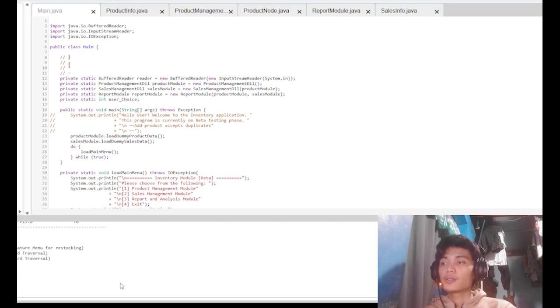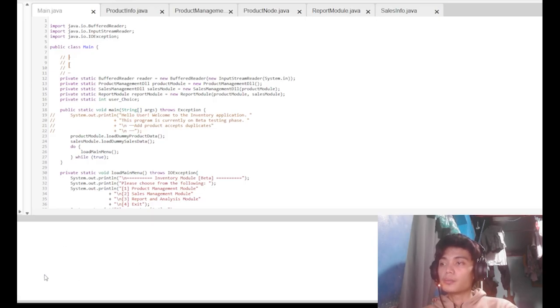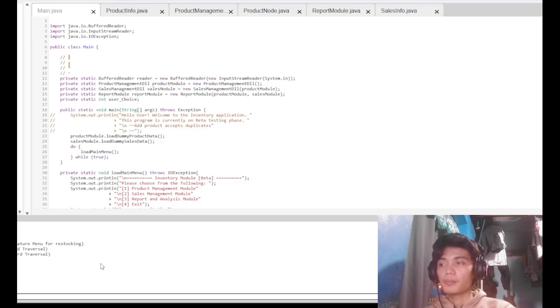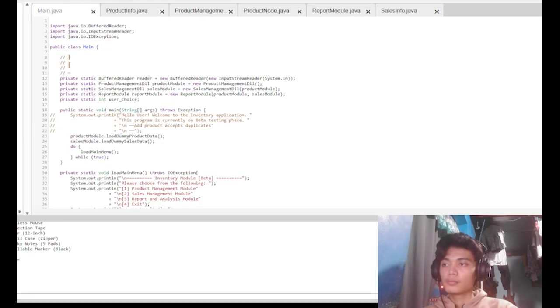Then we can also add a product, like grapes, at a price of 20 pesos and a quantity of 40.